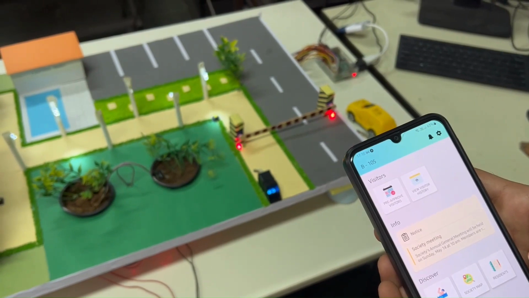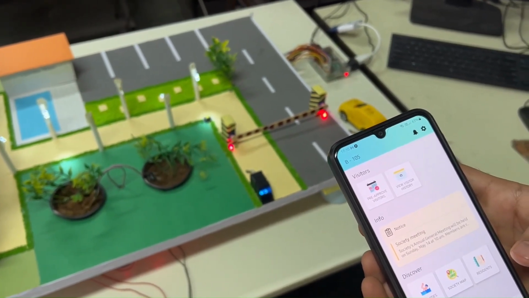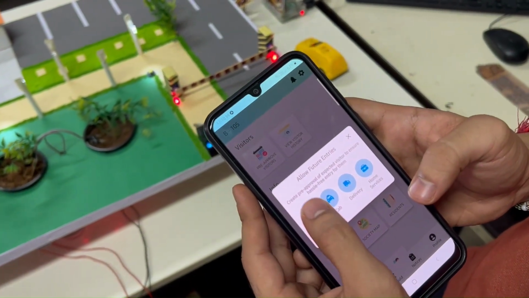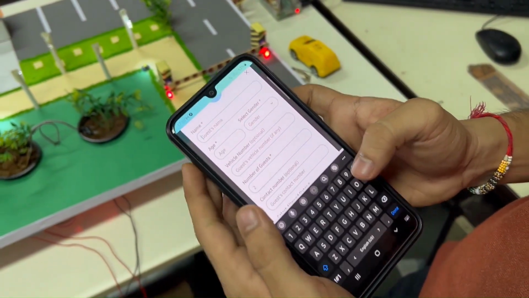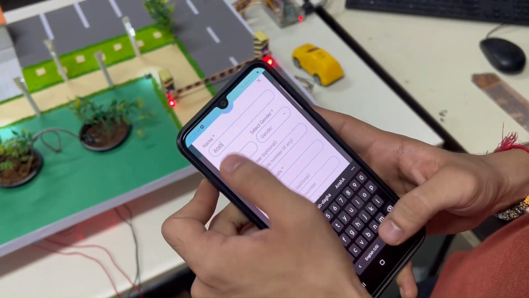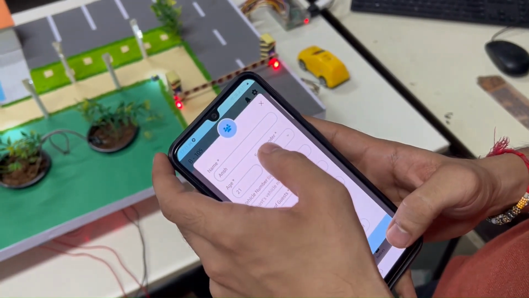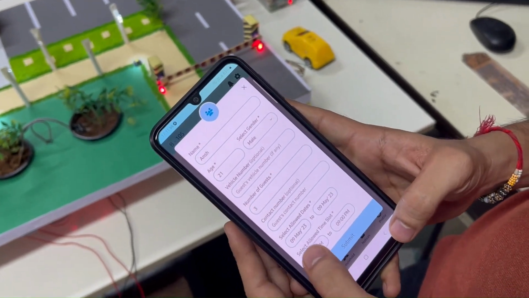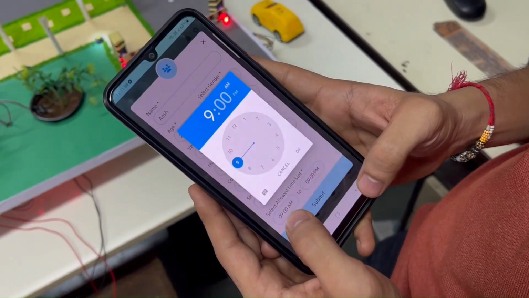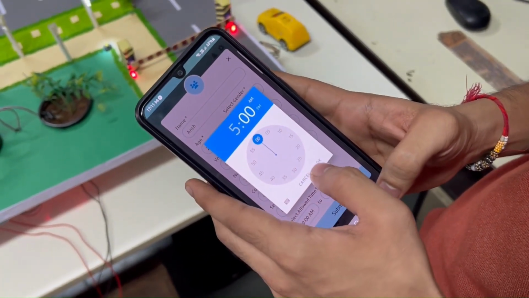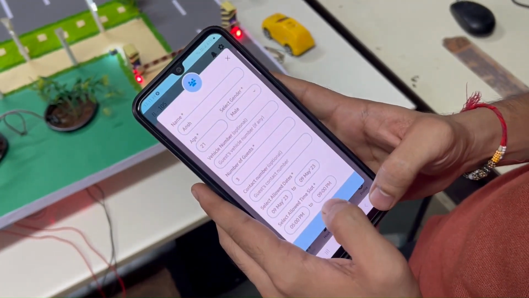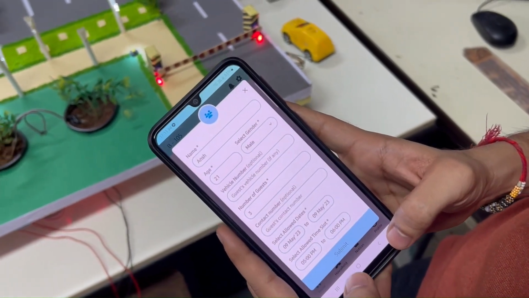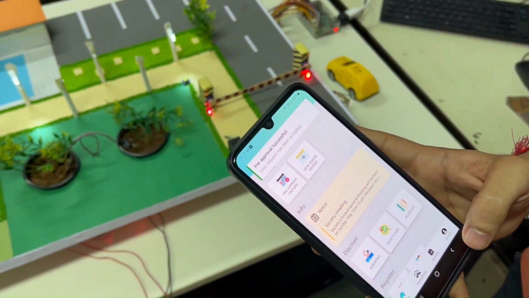Suppose some guests are coming to your house and you know when they are coming, so you can pre-approve them. So this is the resident interface and you can pre-approve visitors: guest details, the number of guests, and approximate time of when they are going to come. So let's say from 5 p.m. to 6 p.m. So you can submit your request.